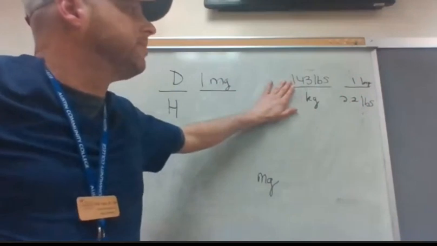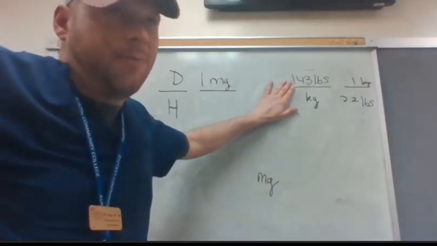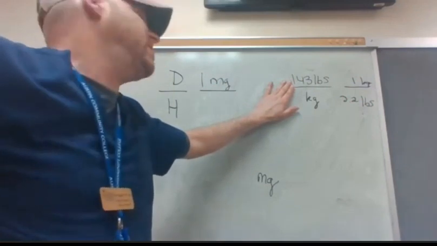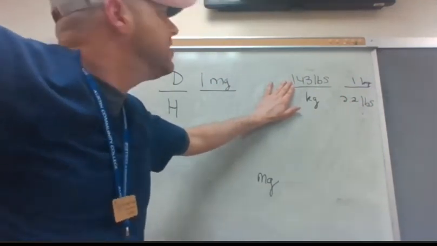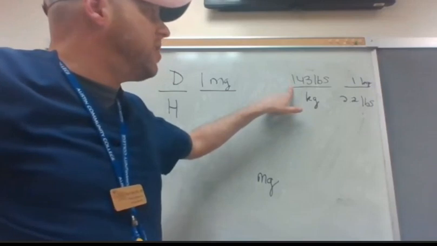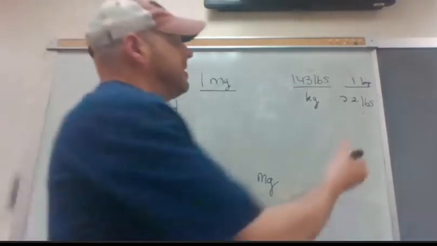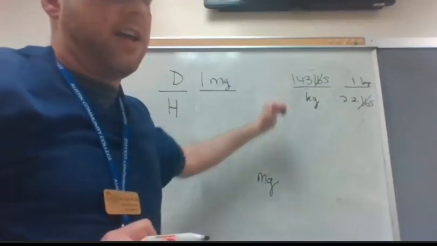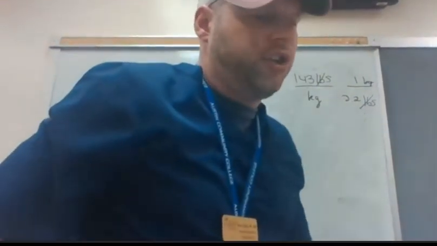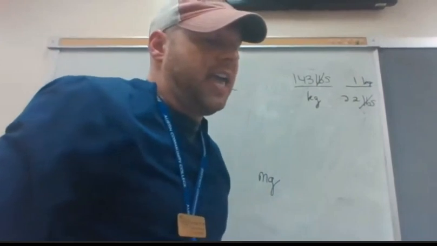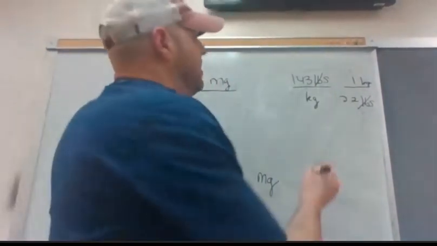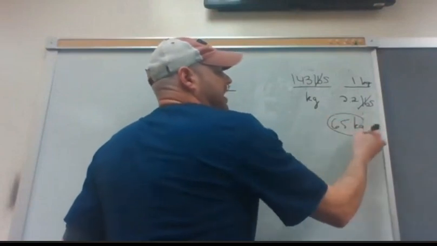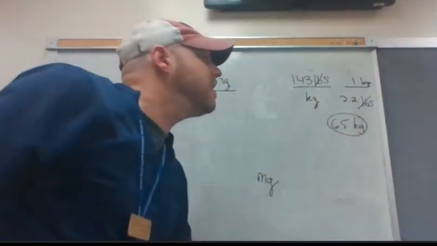Okay. If you don't set it up longhand, you always know divide pounds by 2.2. That's how you get kilograms. So I know 143 goes into your calculator first. Okay, 143 divided by 2.2 is 65. So I have 65 kilograms, okay? Now,